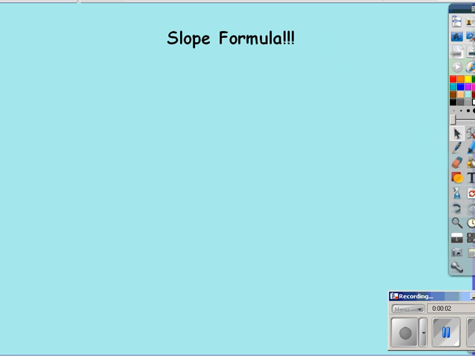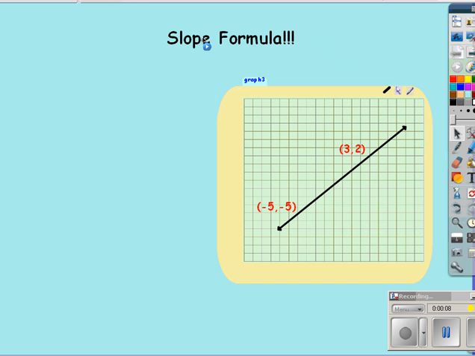Hi, this is Chapter 5, Section 4 on the slope formula. So we're dealing with the slope formula, looking at a graph here with 2 points on the graph at (3, 2) and at (-5, -5). If you're asked to find the slope of that line, many of us think in terms of